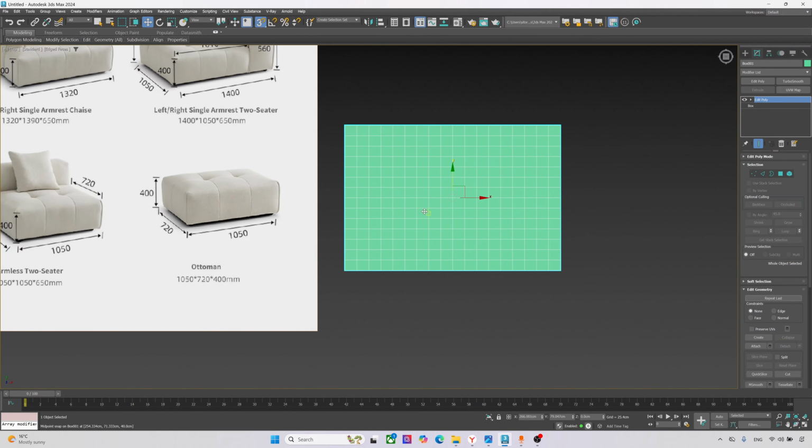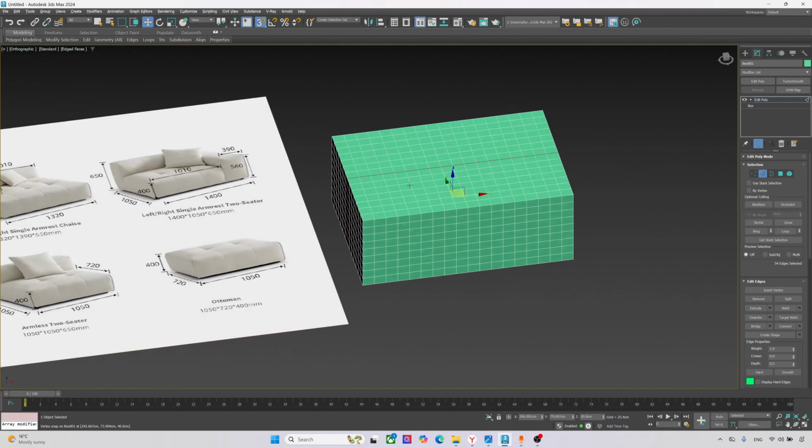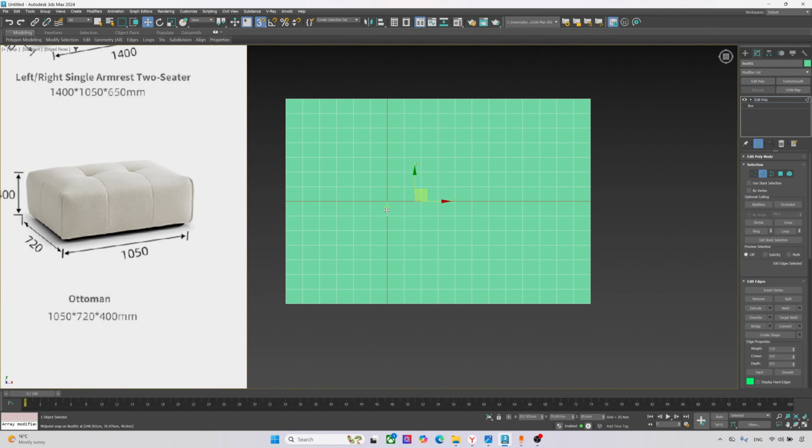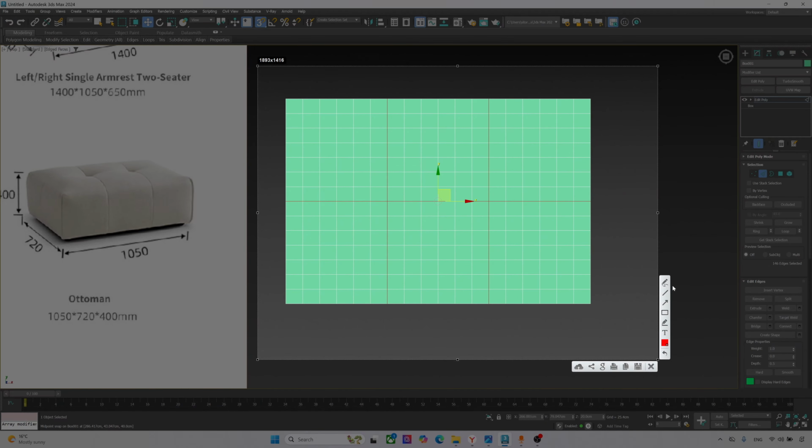Assigning Edit Poly, going to the edge selection or pressing just 2, selecting this middle point, and selecting 2 more segments from both sides. 1, 2, 3, 4, 5, 6. 1, 2, 3, 4, 5, 6. Oh, perfect. I accidentally did a perfect match. You can see that I have the same number of segments from all sides, so I perfectly divided it into such kind of